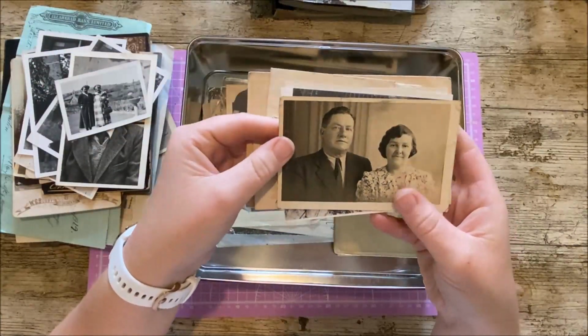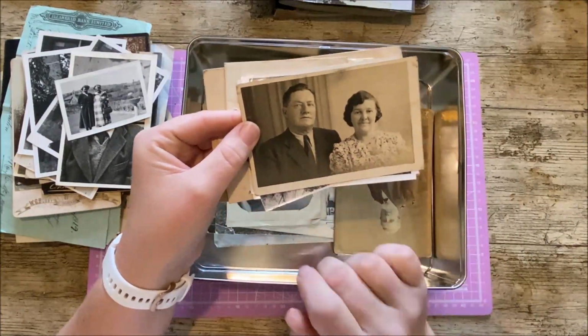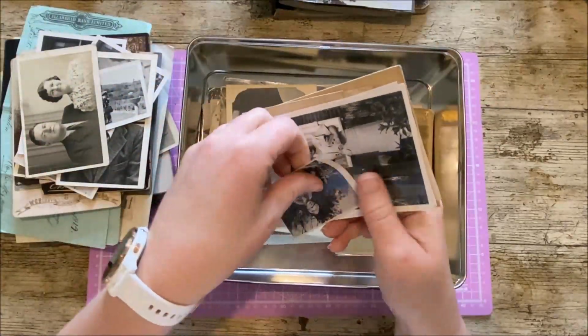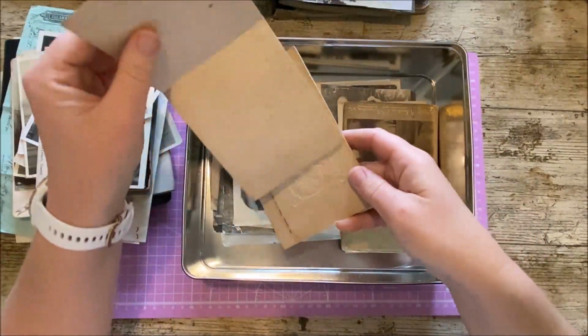Great-grandma. This is my great-grandparents on my other side. These are my grandfather's parents, who I hadn't seen a photograph of until I saw this tin the other day. So that was really nice. Like a bit of the missing puzzle piece when you look at genes. We're all kind of like who looks like who. And then in here,